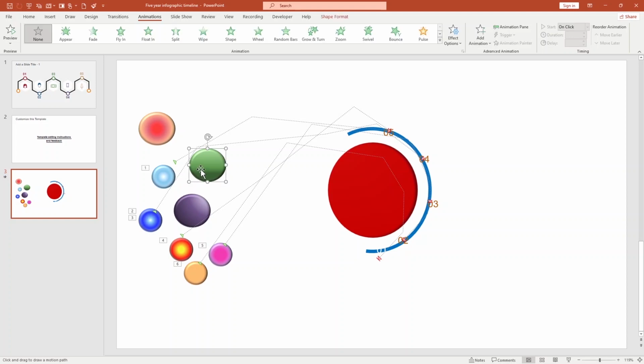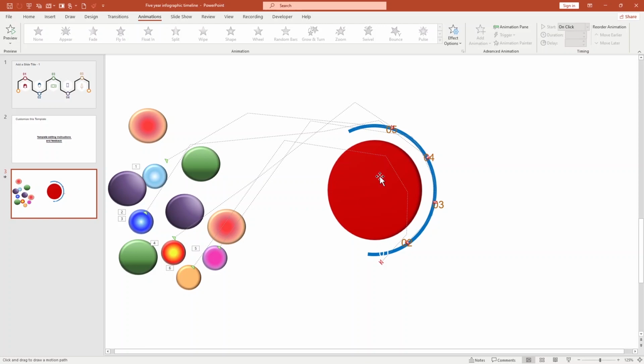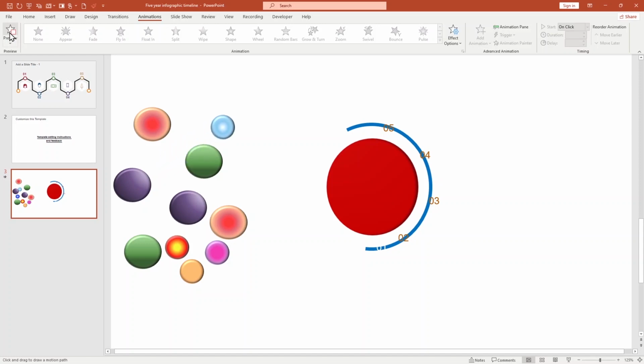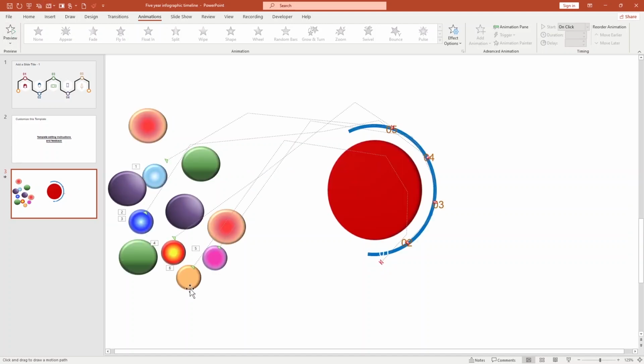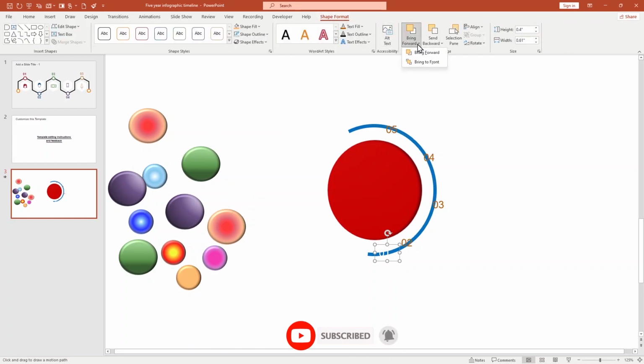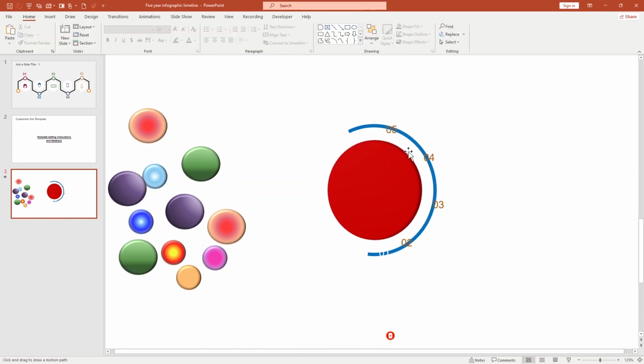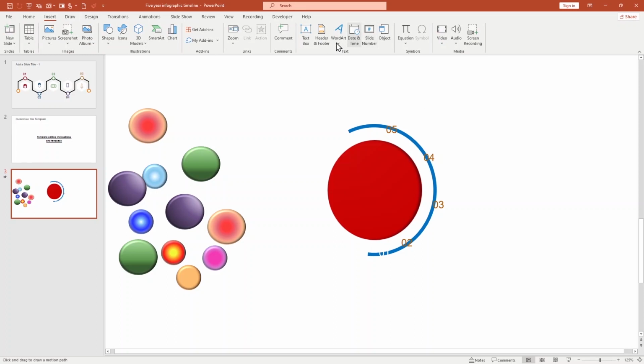Then you can use more circles in here, just duplicate it and take it to here, and you can customize the color. Then I'm going to use the text box here. Let's see how it will come first. When I click in here, it comes up like this. And you can see now here. Then take it to font, so click on that and bring it to font, so it will come out. Then I'm going to use the text box, insert text box,